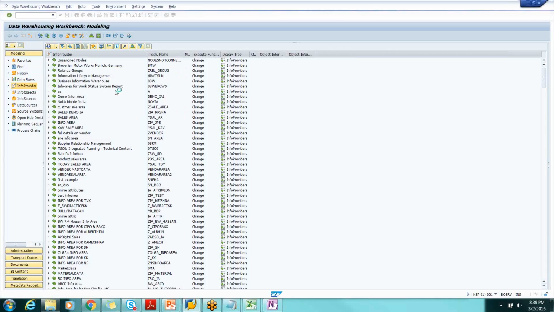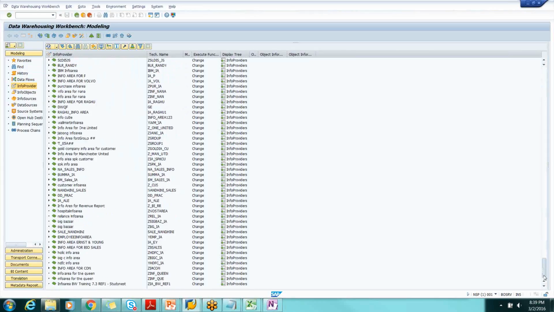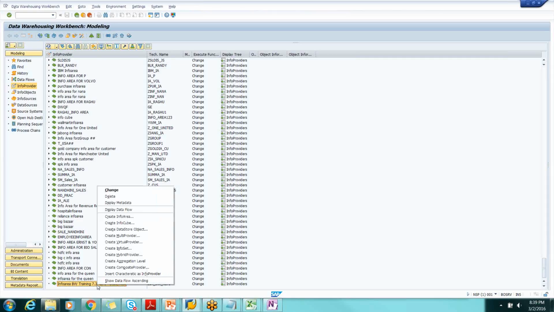But what I'm going to do is create. See, it's already created, right? That's what I said: I will explain what a task is and what things we need to be involved in. Right now, I already created the info area. Now I would like to create a